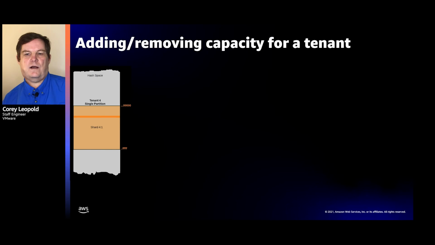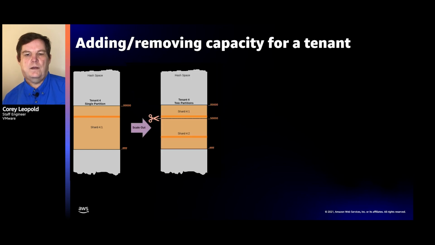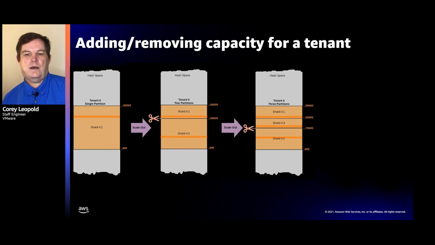As we saw in the previous slide, we reserve the last 5 bytes to further subdivide the tenant key space. Here we have a single partition key shard tenant that has now grown enough that we need to add another shard and start using another partition key. What happens is we split the shard, and our traffic mapper automation usually splits on the next partition key after the one we know we were using, because that one is very easy to find by adding 1 to the used partition key. Once the split happens, we inform our stream partitioning to start using the additional partition key for the tenant. Now the customer grows more, and we have to split again.